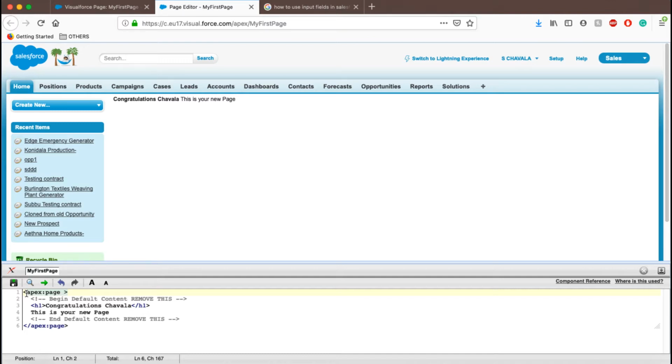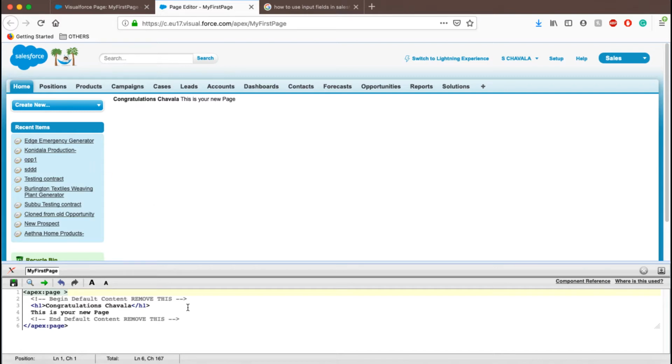So whenever you do some kind of development in Salesforce, always at the back of your mind, think about what the requirement is. Then the solution will be clear. So apex page is nothing but a component given by Salesforce. Here apex colon page is a component. Salesforce has given the components, and you have to use them. How can you use that?